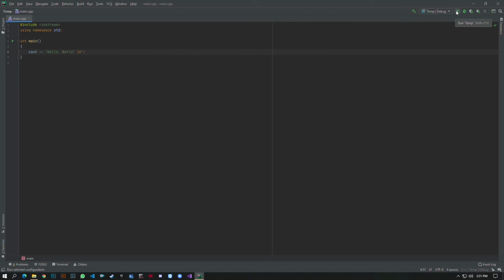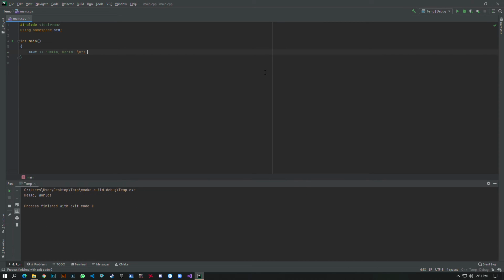In order to run this code, you will go over here and there's this symbol of run. Just click it, it compiled the code, and now as you can see, hello world was printed. We can write anything else. Let's say after hello world I write this is tutorial number 1. I'm sorry, I'll run it again. And as you can see, hello world, this is tutorial number 1. Now, to explain what endl does or what backslash n does, I will just place a backslash n right here. So now I'll run this code.